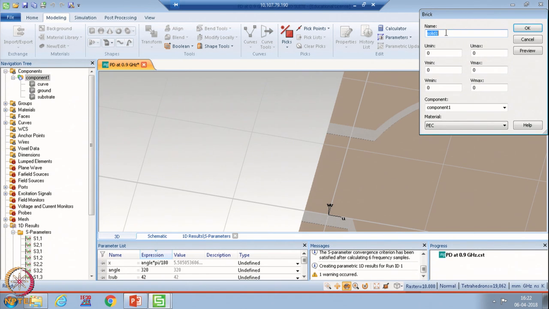So, to create a brick, again go to brick and maybe write it as pad. Then in U, you need to just ensure that this line should be 50 ohm line. So, again the width of this should correspond to 50 ohm. And so, V here will be nothing but 2 into